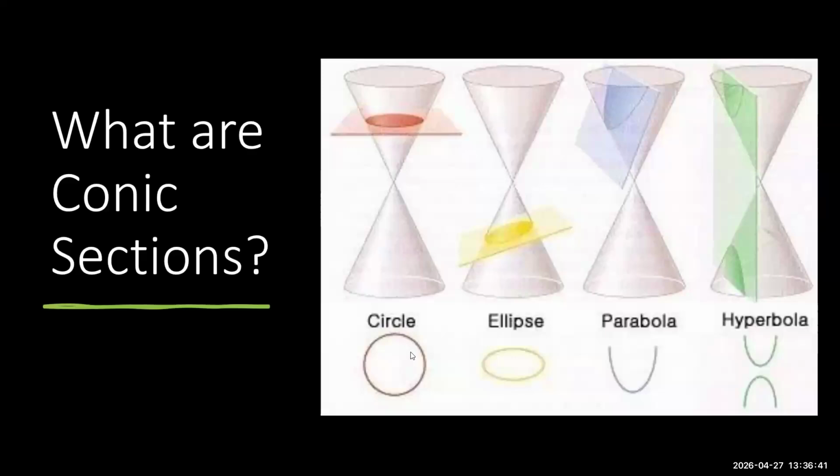So yesterday we looked at circles. That would be slicing my hourglass perfectly horizontally. If I slice it a little bit at an angle, we get this shape that we're going to look at today called an ellipse. Now, I know you're looking at this shape and saying, oh, that's an